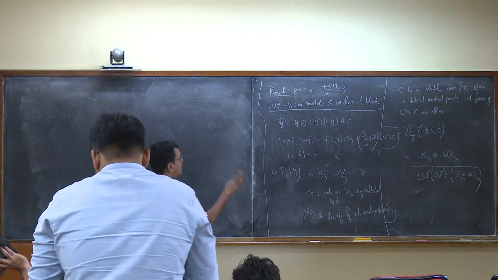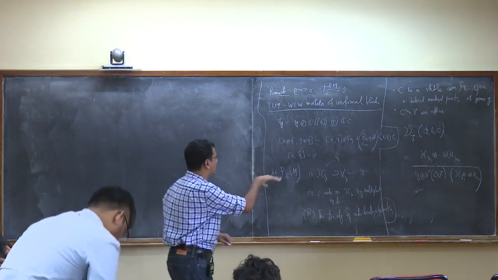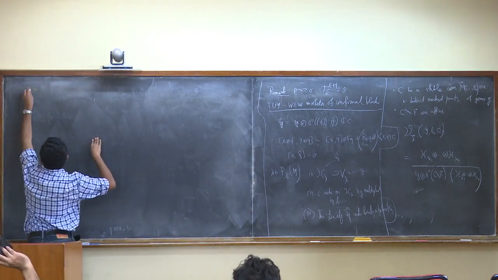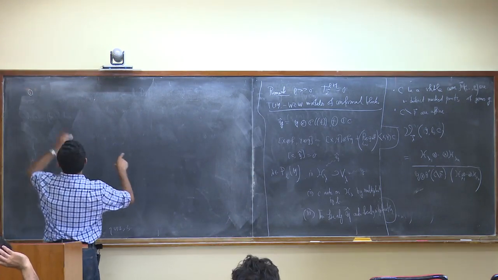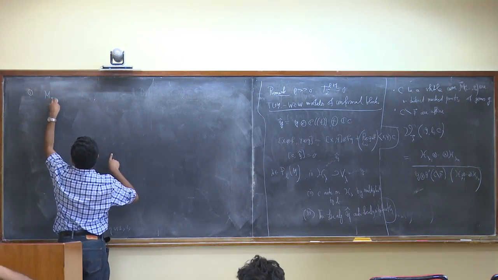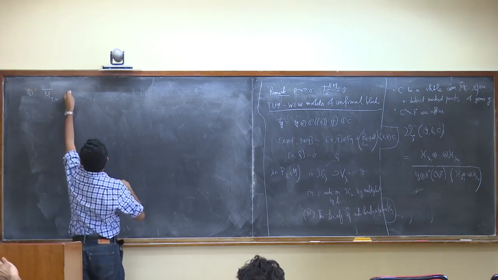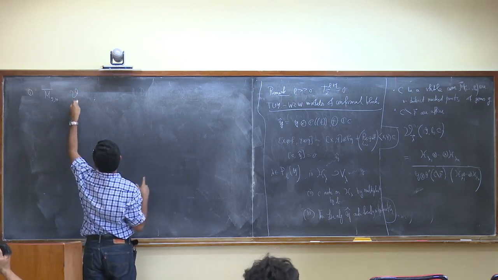Okay, so let me jot down some properties of this. So these things, if you take the moduli space of curves with n marked points and take the compactification, so V lambda